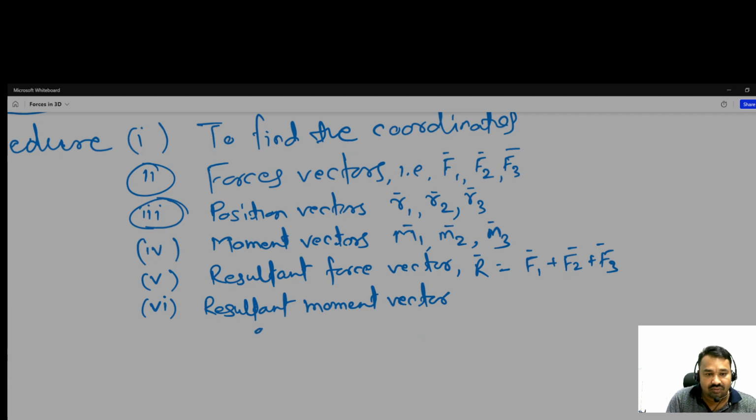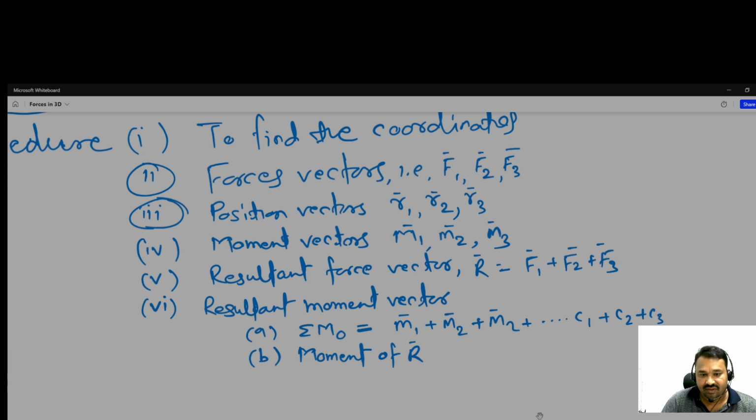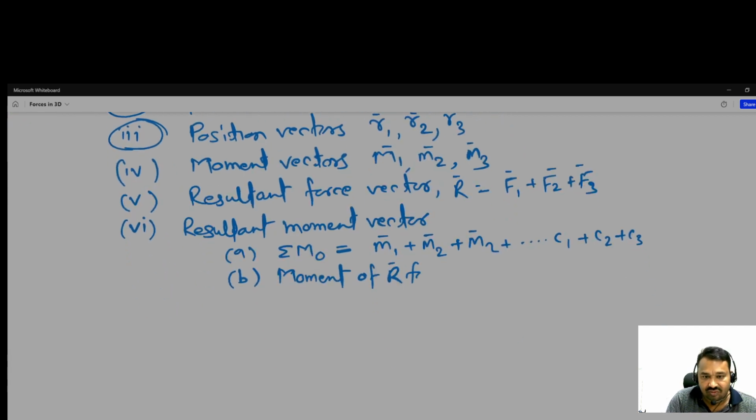And here there are two steps: first, the summation of moments about O, which is the summation of all the moments, and suppose there is a couple, then C1 plus C2, C3 like that. Second, we have to apply the moment of the resultant force about the origin,